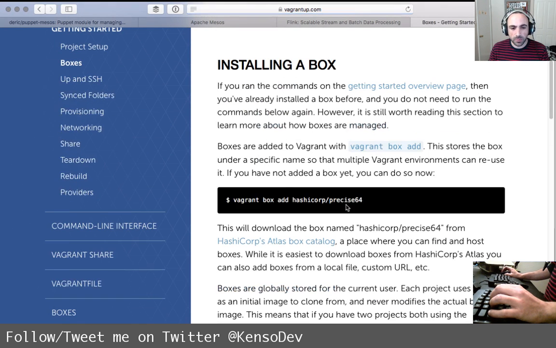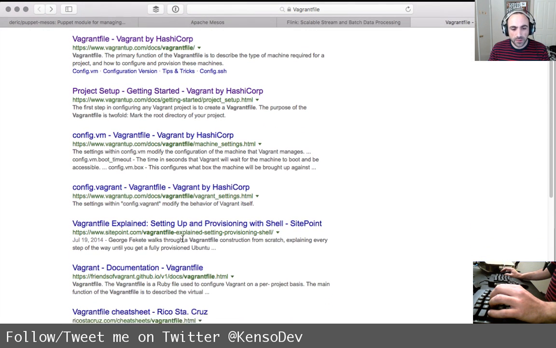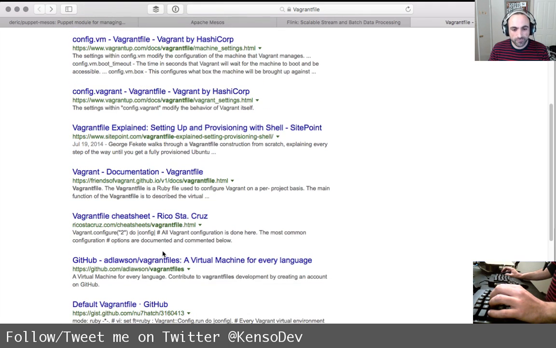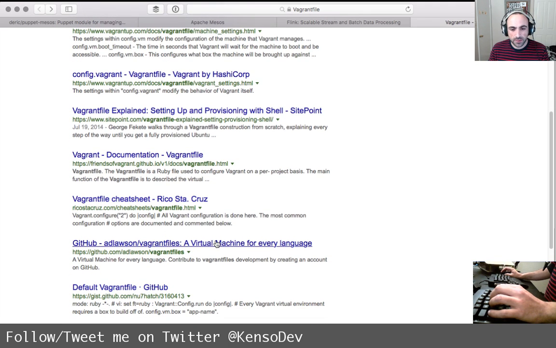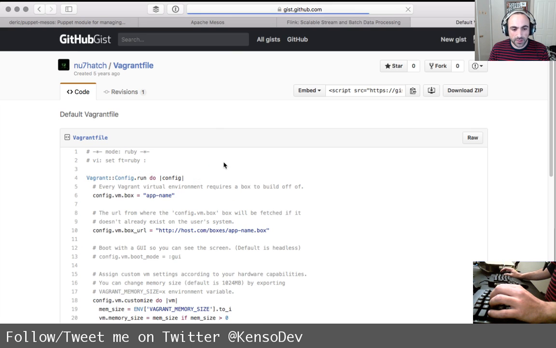So we have Vagrant boxes, we have provisioning. I don't really care about any of those. All right, let's see the default Vagrantfile here.